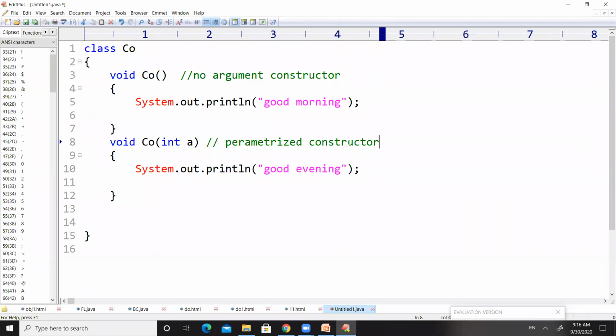If the constructor does not have any parameters, then it is called a no argument constructor. And if the constructor is having parameters, then it is called a parameterized constructor.